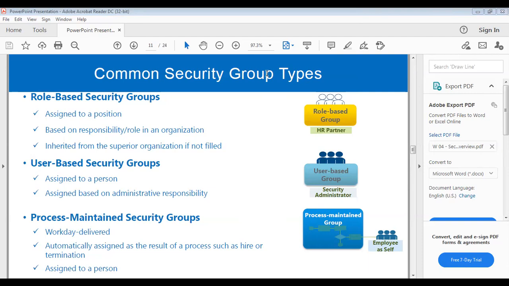See, what I'm asking is, what can be the roles and responsibilities of a security administrator? Security officers, that's what you're saying. For example, if I'm acting as a security administrator, what will I do? I can reset the password. Yes or no? I can act like a super user. Yes or no? So they are nothing but the user-based security groups. Depending upon the administrative responsibility, they will be assigned to a user.